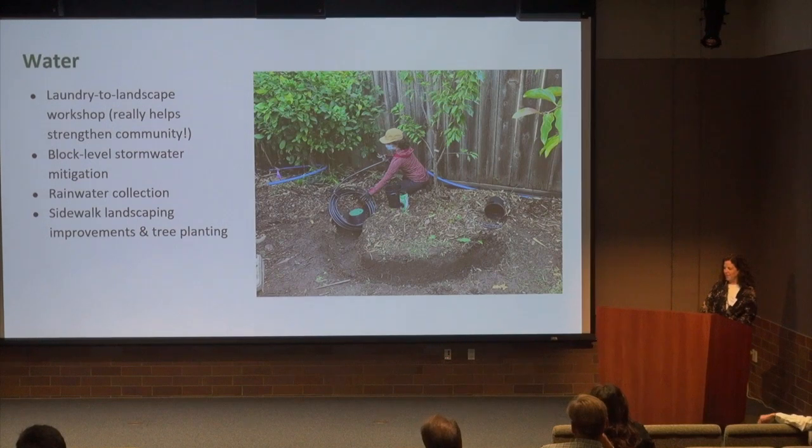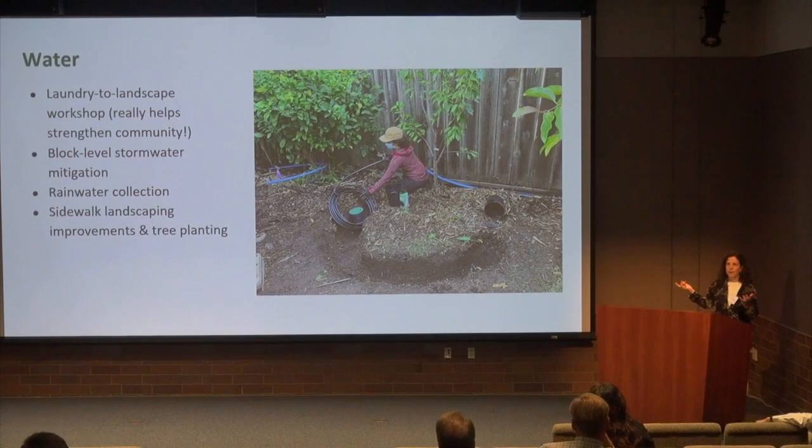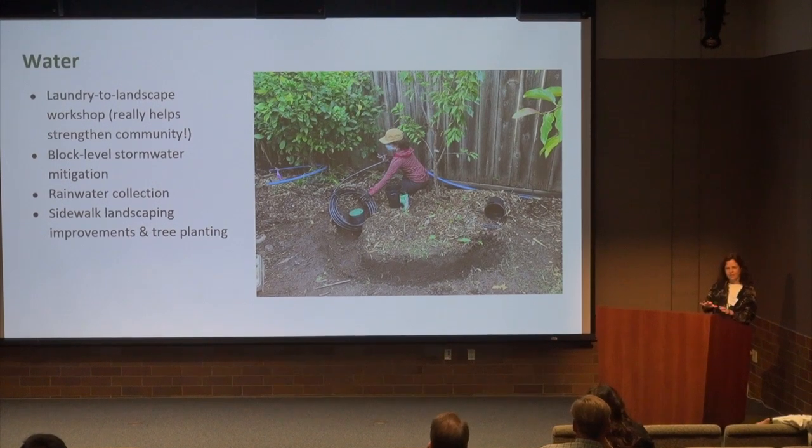One of the fun things we got to do was a laundry to landscape workshop. This is taking your washer water, and there's a valve. You add a valve so that you divert it to your backyard, basically. And so we had 11 neighbors come out to one family's backyard, and we did the plumbing, and we dug these trenches and filled it in with mulch. It took about 4 hours. And it was a real great community builder. It's one of those things that I wish we had done at the very beginning of the project. But it was a nice way of